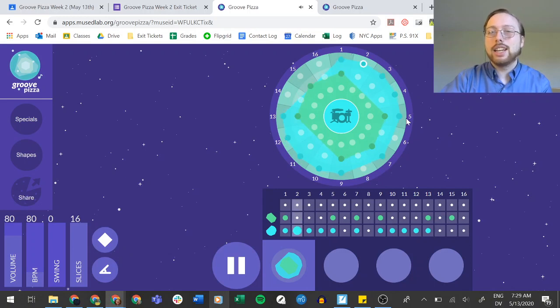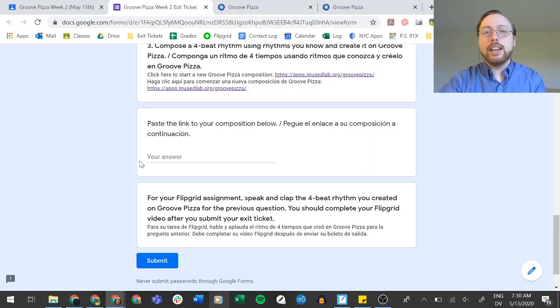Say again, tikka tikka tikka tikka ta. If you wanted to, you could add a third one too. The minimum is doing just the outside, but you can add more here. I could add just ta ta ta ta in the middle. So you can play around with this, but the minimum is doing a rhythm on the outside. Make sure it's a rhythm you know how to speak and clap, because that's what's going to be your Flipgrid